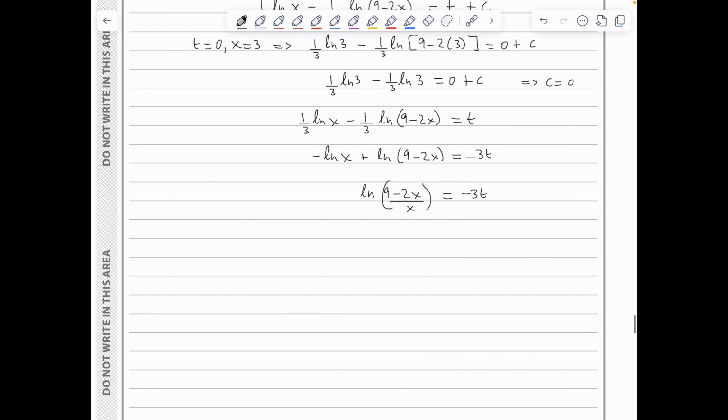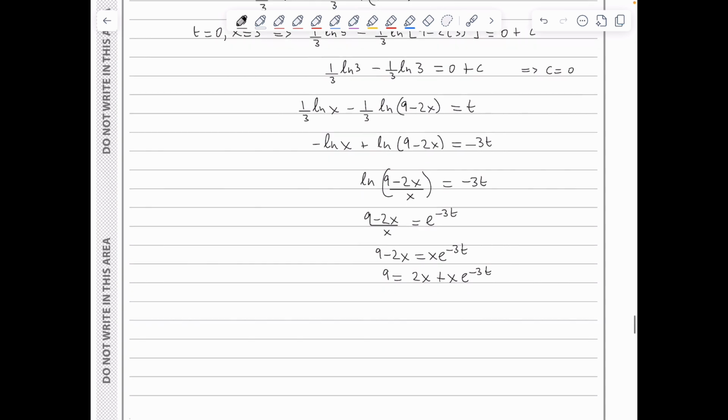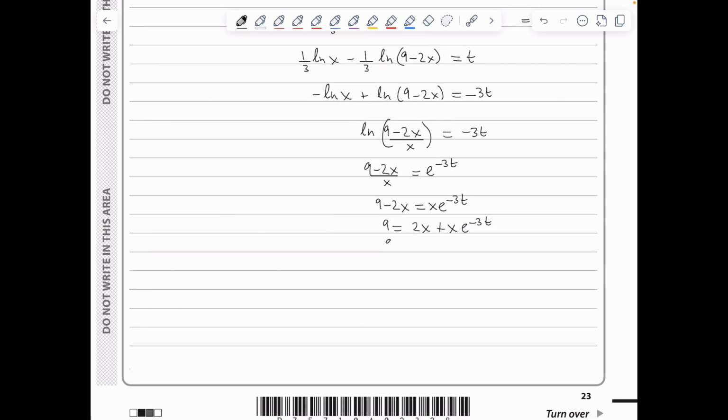So obviously the next step is to write (9 − 2x)/x is equal to e^(−3t). I will cross multiply to get 9 − 2x is x e^(−3t), leading to 9 is equal to 2x + x e^(−3t). I will factor out the x on the right hand side to get 9 is x(2 + e^(−3t)), and therefore 9/(2 + e^(−3t)) is equal to x as